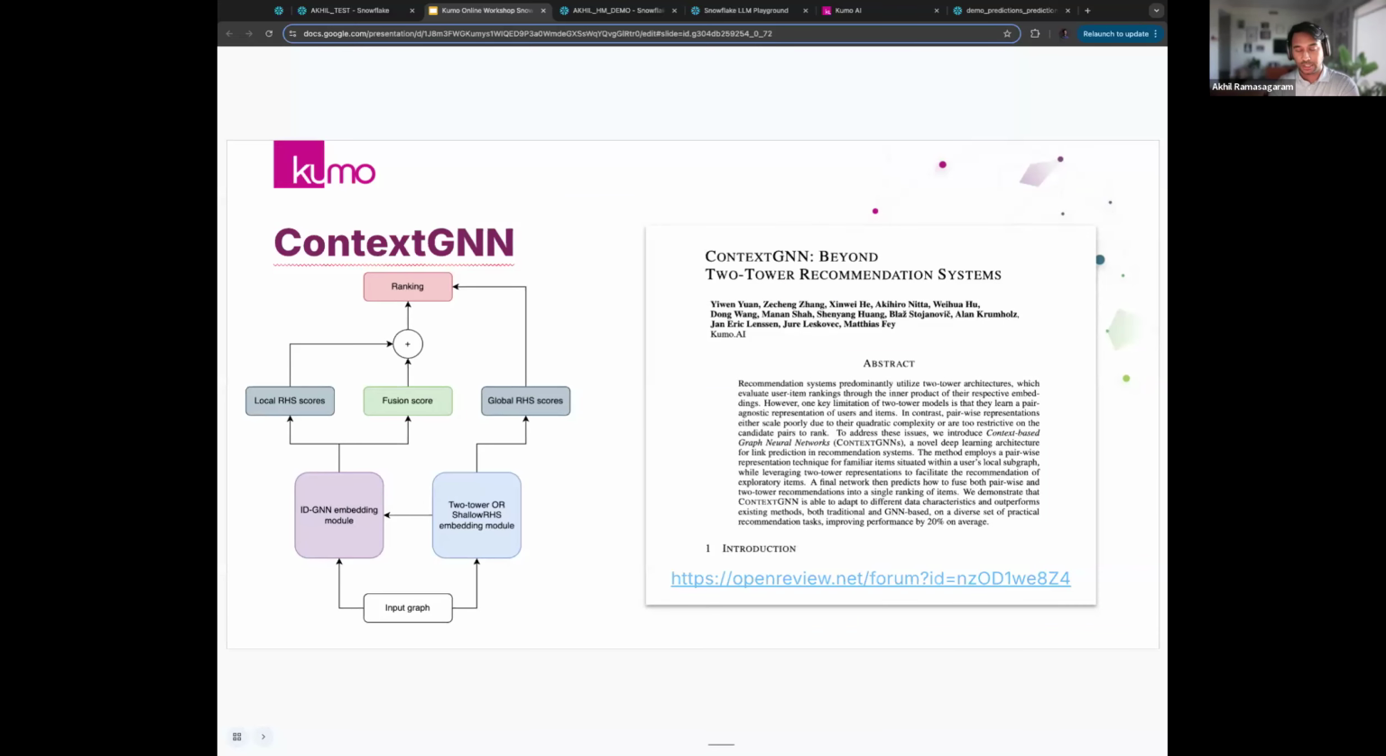This is where Context GNNs come in, the core deep learning architecture that's powering everything that you just saw here. Context GNN is a specialized graph neural network designed for recommendation tasks. It's built to model user behaviors over time by capturing relationships between entities such as users, products, visits, actions as a temporal graph. Unlike traditional models that rely on static features or tabular data, Context GNN uses the structure and